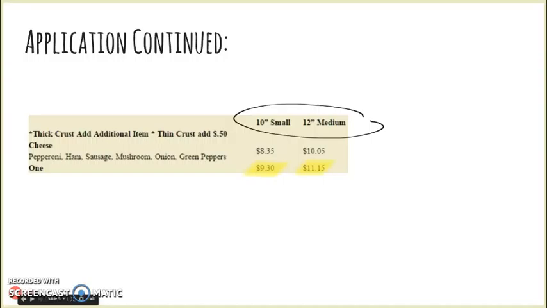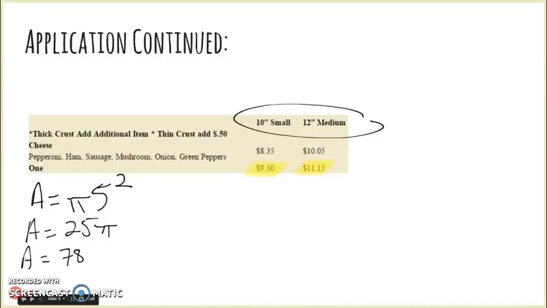So what I'd like to do is run through how to get the area of each of them, and then you can make a decision maybe based on value which pizza you would prefer. So let's find the area of the small one first. If the diameter is 10, the radius is 5. So A equals pi r squared. That would give us an area of 25 pi. And if we multiply that by 3.14, we get an area of 78.5